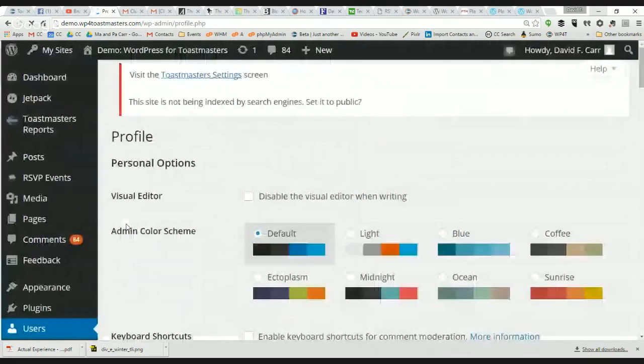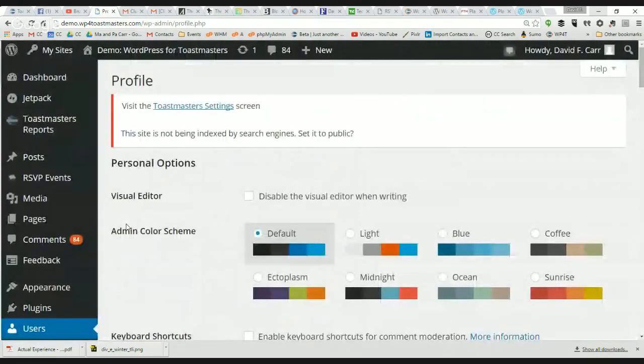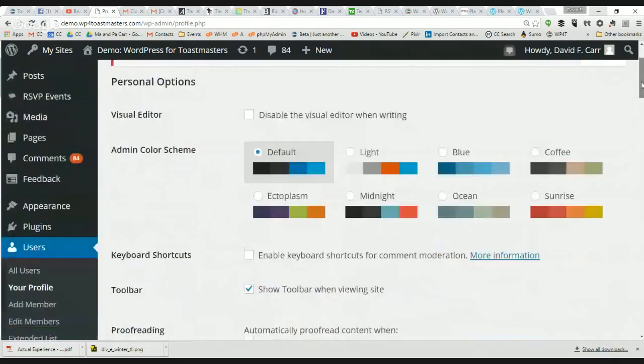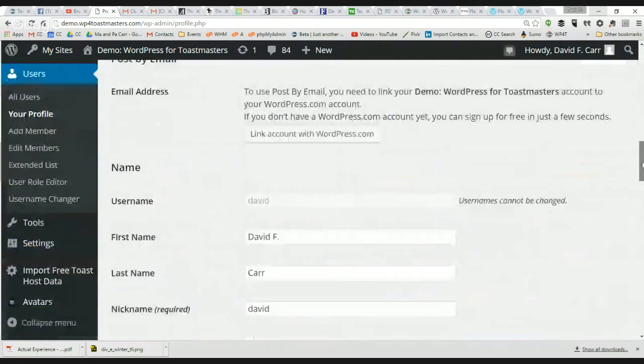Well, I guess one of the arguments that I would make, aside from the fact that I think it's a better publishing and marketing platform, is that because it's standard, if you have a VP Public Relations who spends a lot of time on the website and learns how to use WordPress, they're at least learning a transferable skill, because it's used lots of different places. If they are learning FreeToast, that's something that's only good in the Toastmasters context.